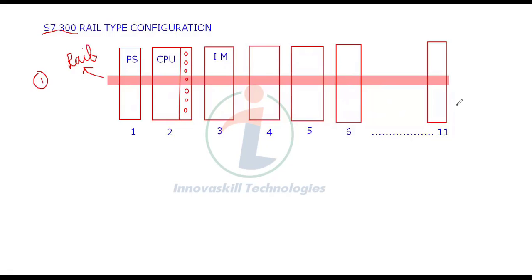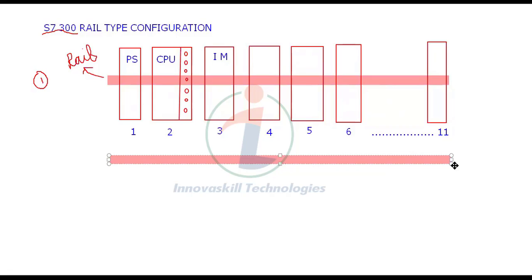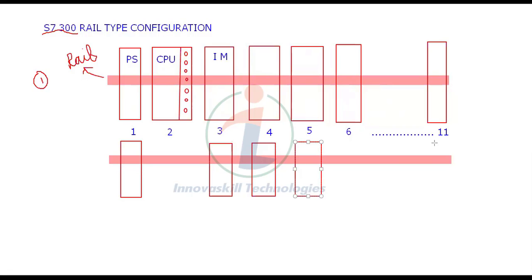But you have another option also here. If the IOs, even after increasing up to 11, are not sufficient, that is, if the total number of IOs is not sufficient, you can add another rail like this. In that rail, as usual, first will be power supply. The second slot will be left empty, so this will not be used. After that, directly they will go for the third slot. The third slot will be IM, interfacing module. After that, as usual, IO module. So here also we can increase till 11.